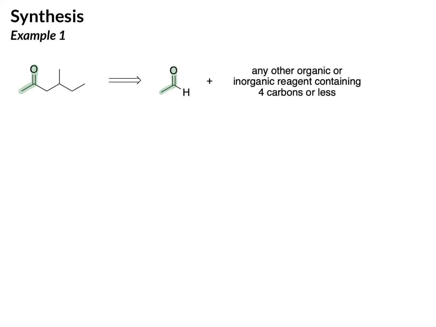Think about your cuprate chemistry. In relation to the carbonyl, here's an alpha carbon, here's a beta carbon. This beta methyl group could have been added through an organocuprate. So let's kind of think about this in reverse. If that were the case,